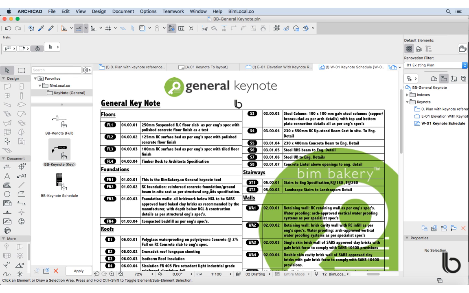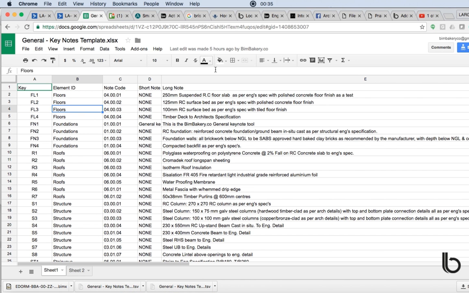Hi, my name's Sean Hopkins, and I'm going to give you a quick run through of how we use our customized Keynote, General Keynote tool to connect external data from a spreadsheet. In our case, we use Google Sheets. We just find that it's a great collaboration space, and it's a great place to, as a team, manage data